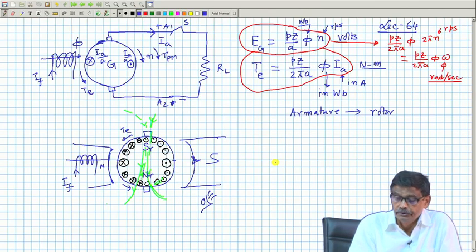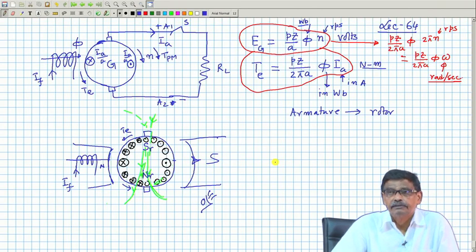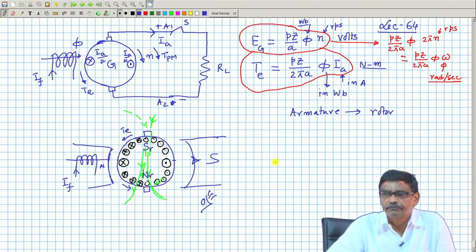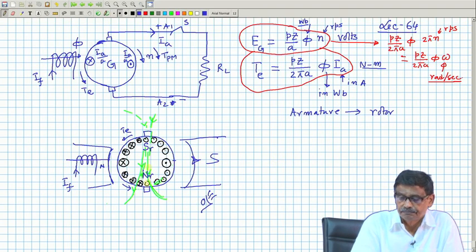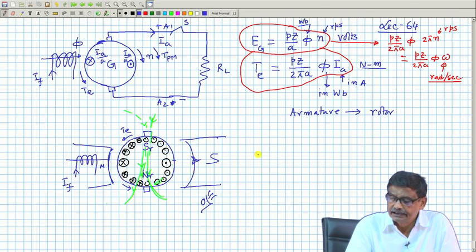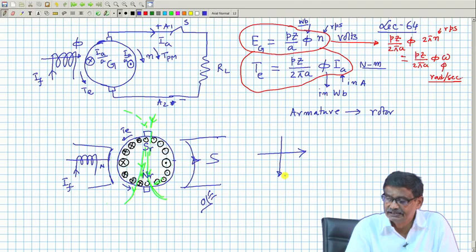He will also conclude there is a rotor field Fr, although conductors are moving, but Fr is fixed in space. That is, the stator field is like this and the rotor field is like this. This is the rotor field Fr, this is the stator field Fs, and the angle between them is 90 degrees always